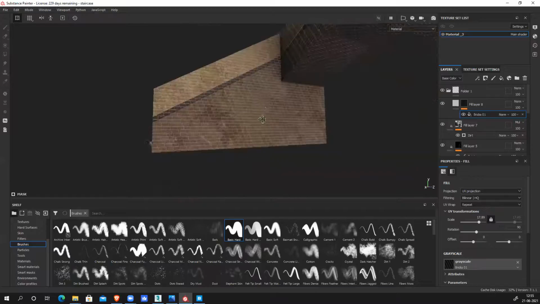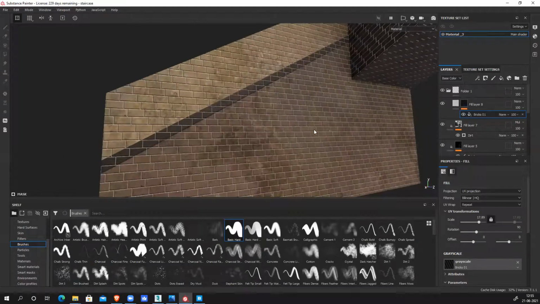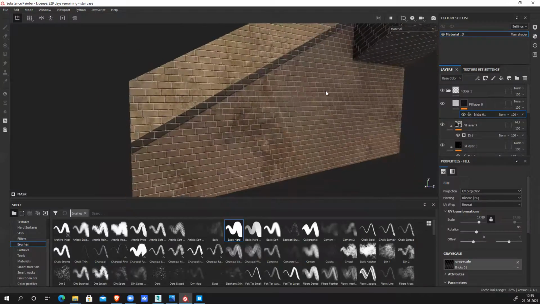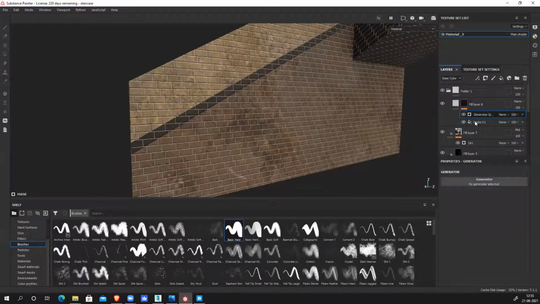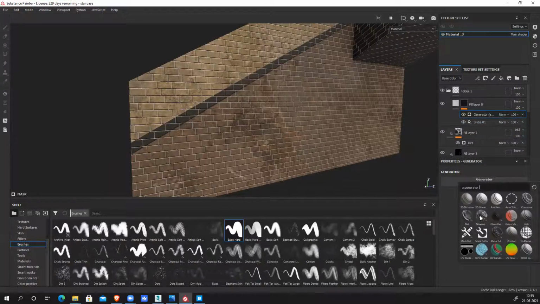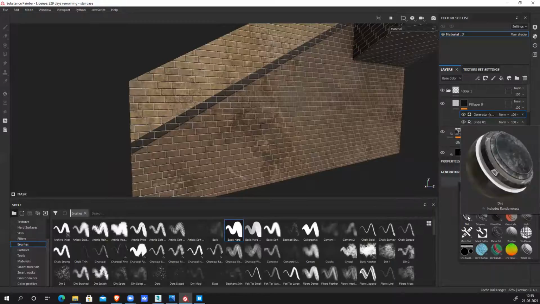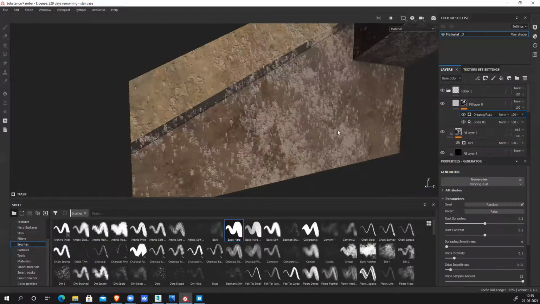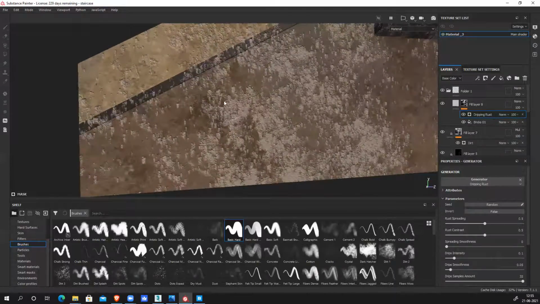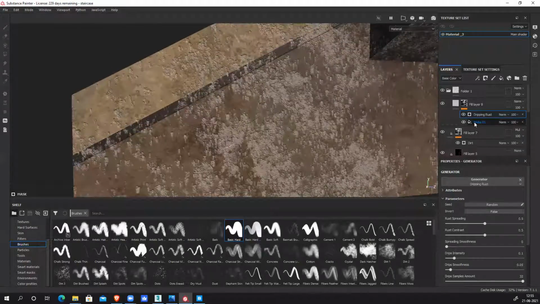So how do I do it? So basic, you can see base detail I have added already. So I don't want this thing visible everywhere. I want it visible only in a few areas, looking like a chip off. So what I'll do is right click, add one more generator on top of it, and I'll add drip or maybe some dirt, all those things. Let's add drip. If I add drip, you can see only drip. You cannot see this brick thing.